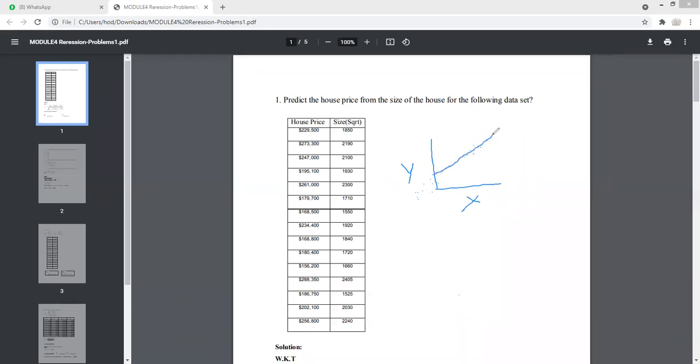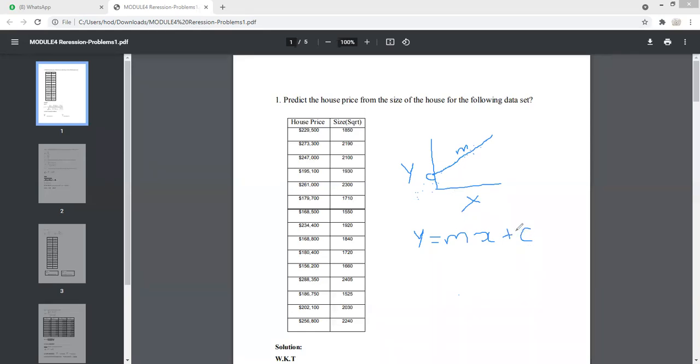This is called a linear line. This is defining the slope, and this is defining the intercept. The point where it is touching is called the intercept. Whenever we have a linear equation like this, we get y is equal to mx plus c. In a regression model, we work with the algorithm to find this particular equation. Regression is also called a curve fitting model. So you work to find this particular equation.